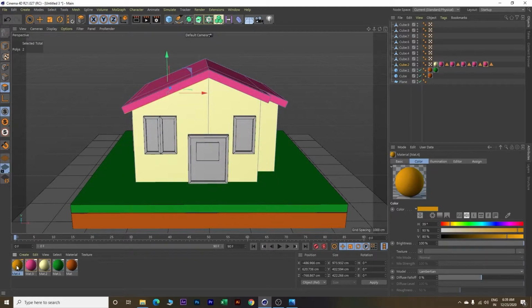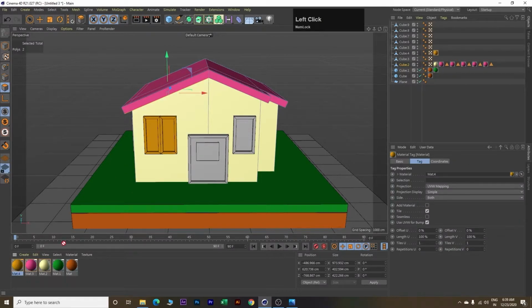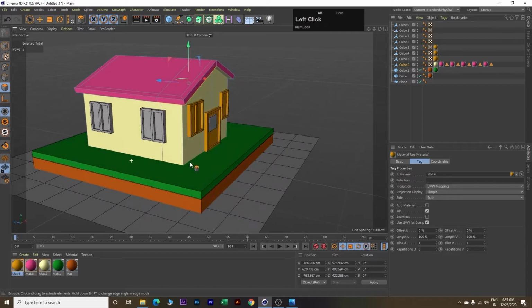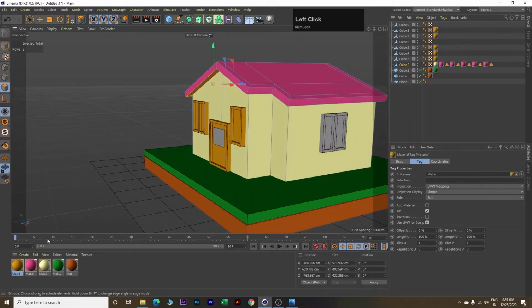Now drag this orange material and drop on this window, and this door. Rotate your house and drag this material again on this window and also on this window. Rotate the house, drag and drop material here.